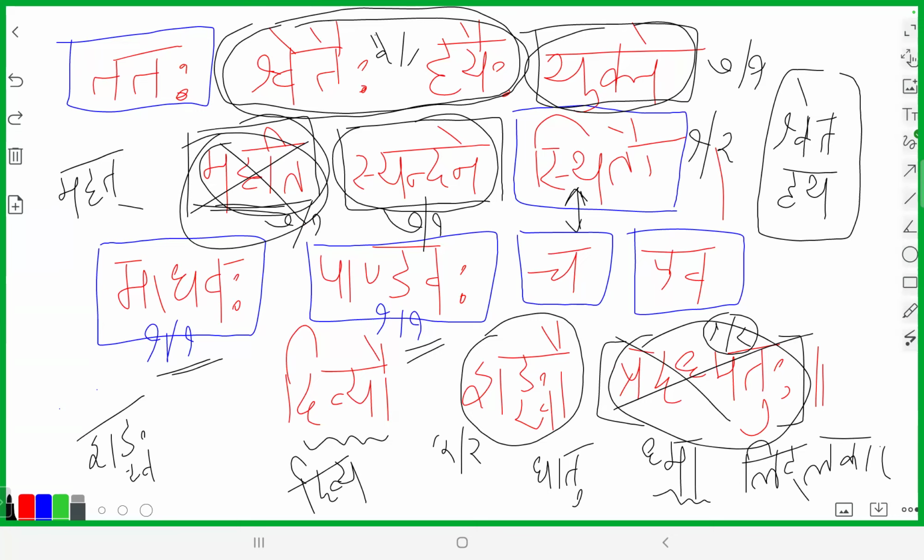There's a tongue twister in German, "Was ich nicht weiß, macht mich nicht heiß," which means what I don't know doesn't bother me. So I don't know this, so why should we bother about it? Fine. So most of the words we know.